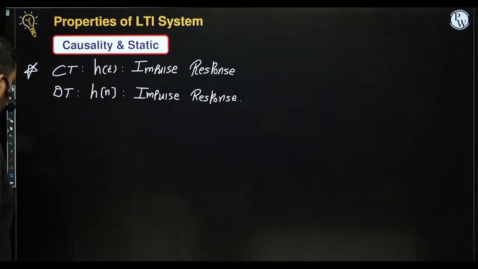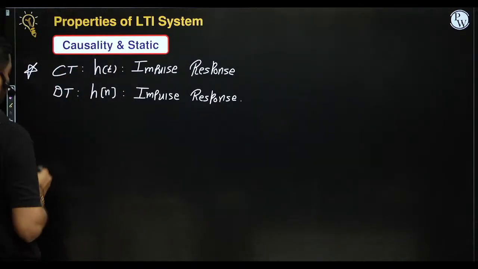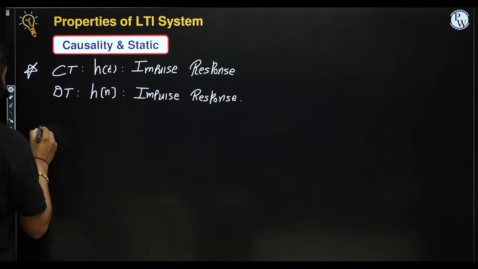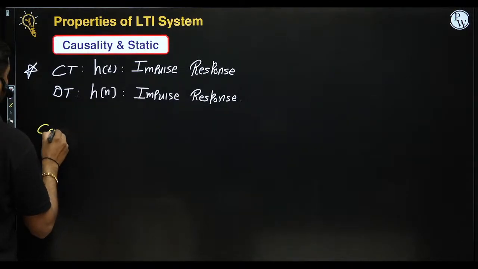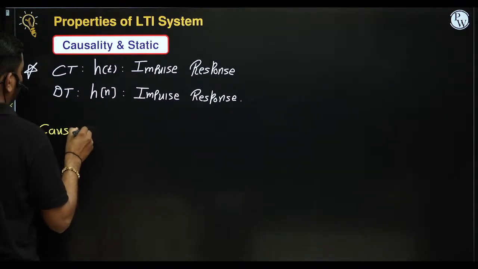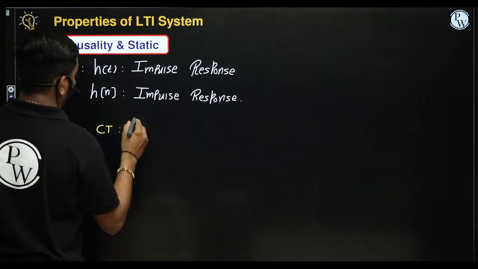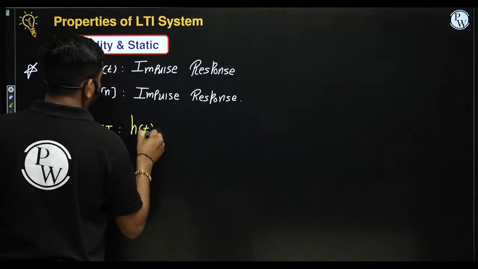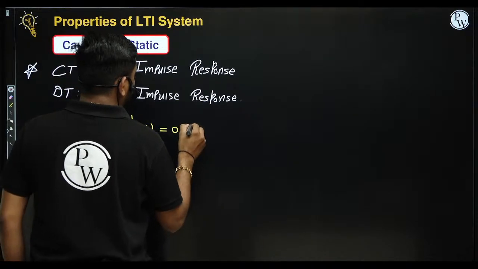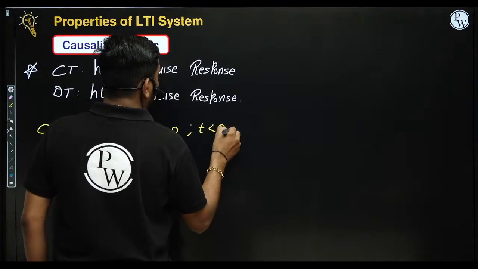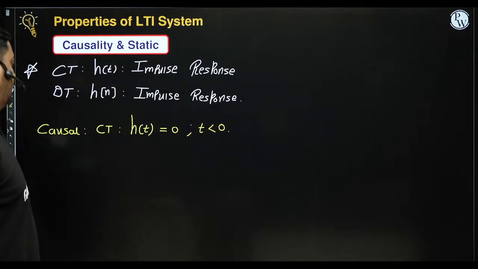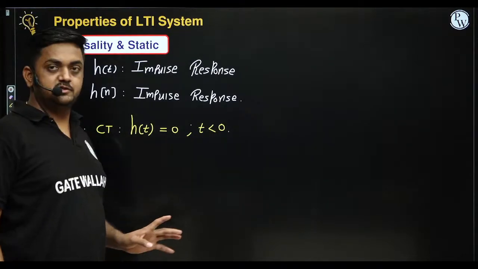So first is causal. For the continuous time causal system, the impulse response h of t is 0 for t less than 0. So if for t less than 0, the impulse response